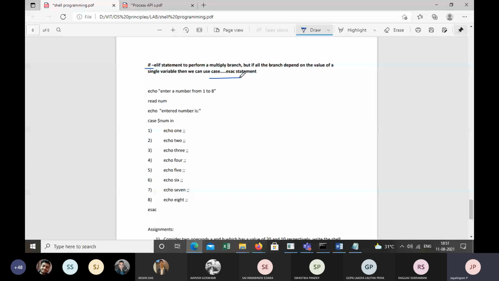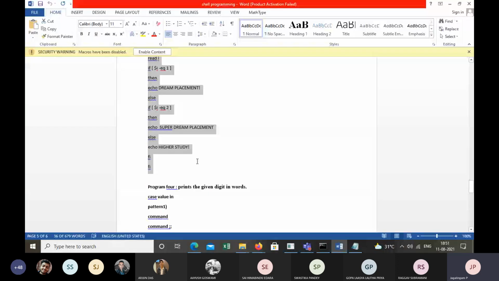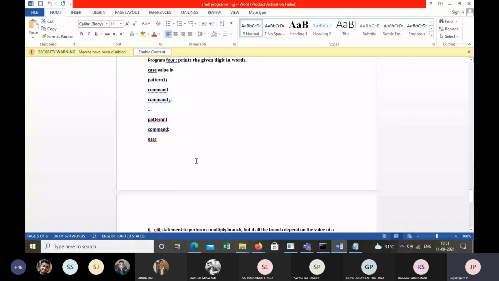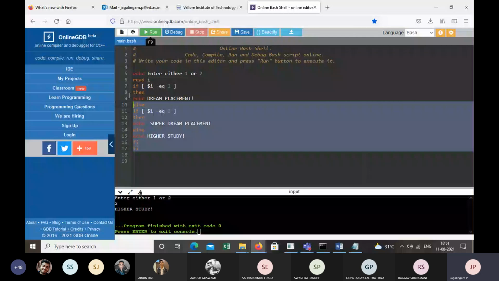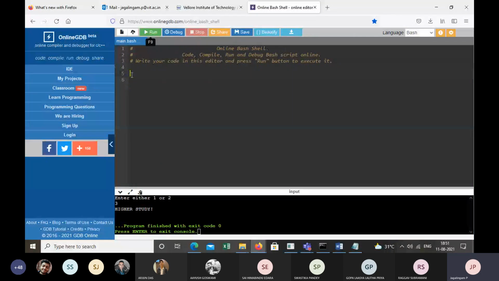In line 5, we ask the user to enter any number from 1 to 8. Whatever the user enters is stored in the variable num. So we are going to print the entered number, and in line 8 we have case $num.